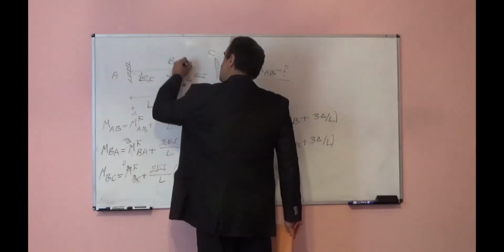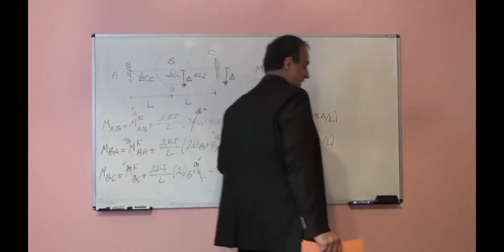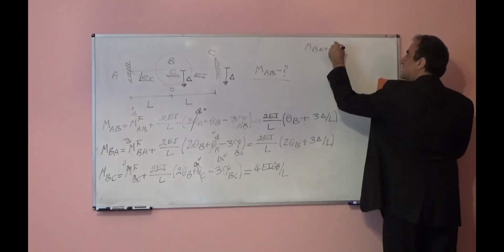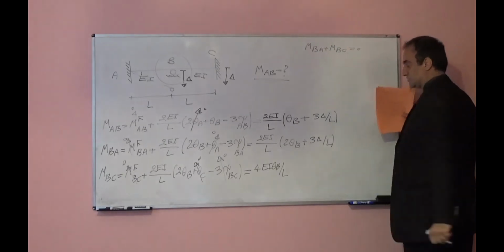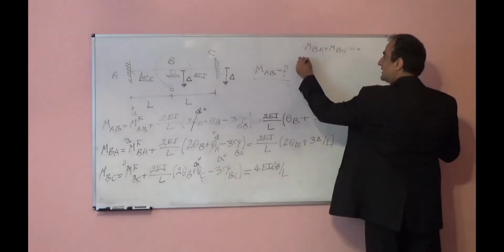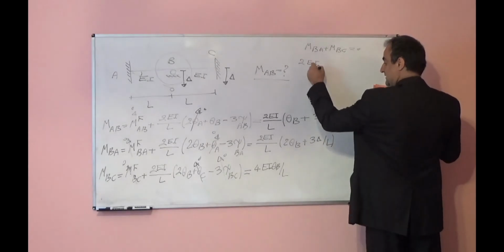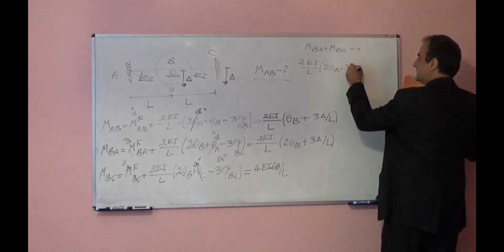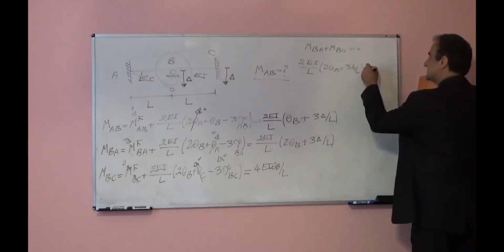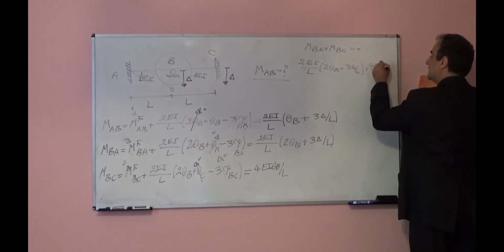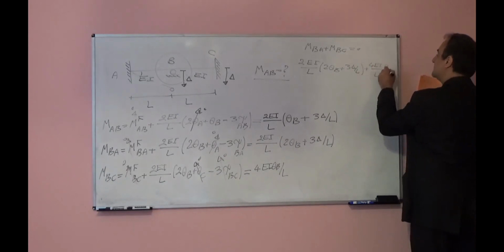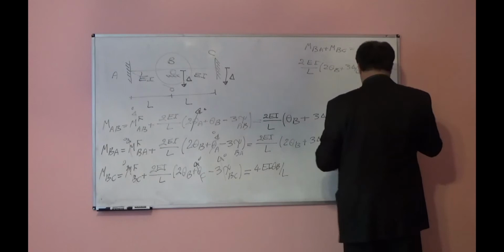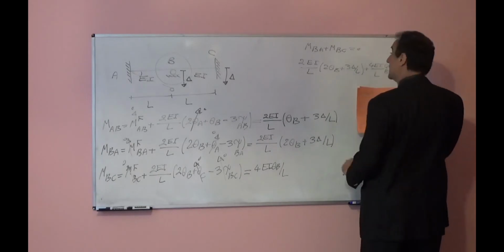At joint B, because this is continuous, I know M_BA plus M_BC is equal to 0. So if I plug in, I will have 2EI over L, 2 theta B plus 3 delta over L, plus 4EI over L theta B is equal to 0. From this equation, I can write